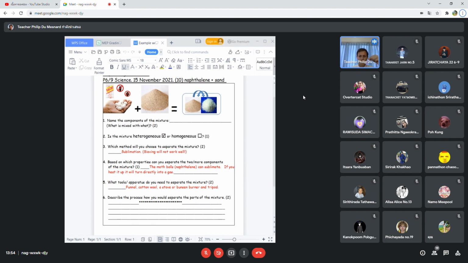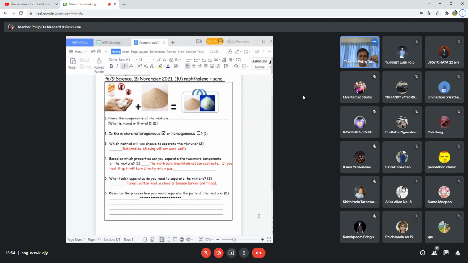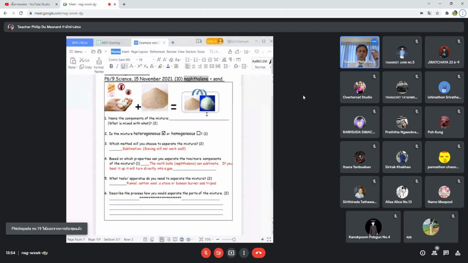Okay, so let's talk about mothballs. This stuff is called naphthalene. Naphthalene is white. You can make it like a powder. It almost looks like cake flour, but if you smell it, it has a very strong, bad smell. And if you mix it with sand, it's very hard to separate it. You can't use a sieve. You can't do filtering. There's only one way you can do it, which is